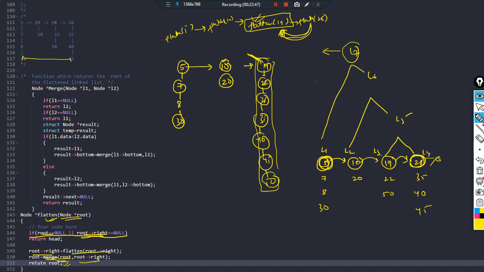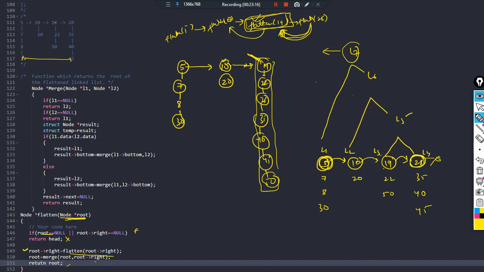So now control comes to this flatten 10 recursive call. So this recursive call has completed its job. Flatten 10. What was the first task of flatten 10? The first task that was performed under flatten 10 was initializing root right. Flatten 10, suppose 10 was passed. So flatten 10 will basically, this was false because right of 10 we had 19 and 10 was also valid. So it did not execute. It came here. Root right is equal to flatten root right. So 10's right was basically flatten of 19.